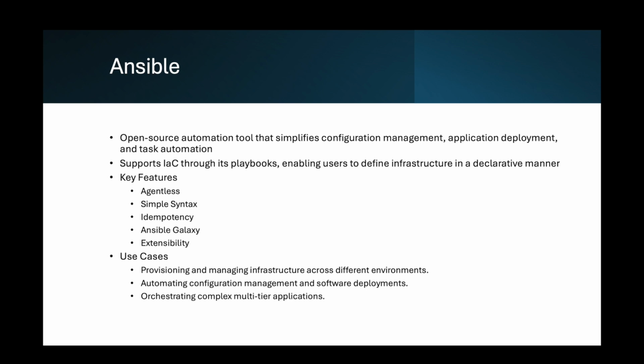Now, some of the key features include that it's agentless, operating without agents or managed nodes using SSH for communication. A simple syntax uses YAML for playbooks, making it easy to write and understand. Idempotency ensures that the desired state is applied without redundant actions. Ansible Galaxy, a repository of pre-built roles and playbooks for common tasks. Extensibility supports custom modules and plugins. Some of the use cases include provisioning and managing infrastructure across different environments, automating configuration management and software deployments, and